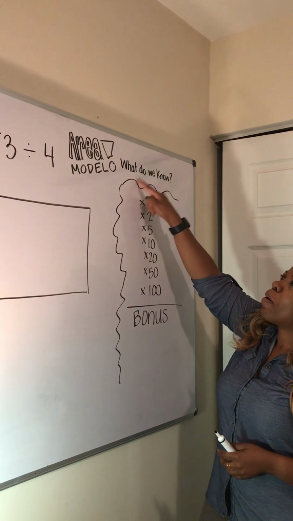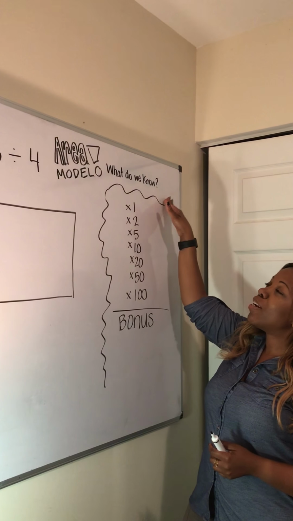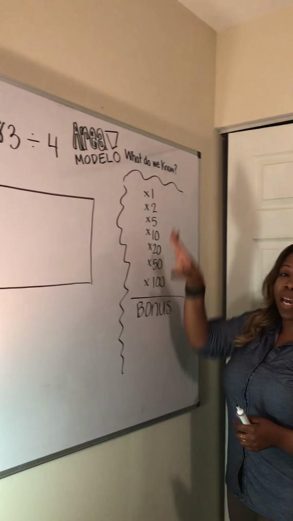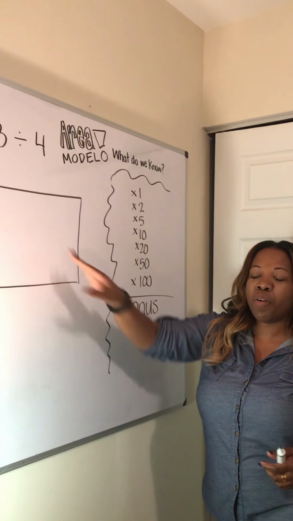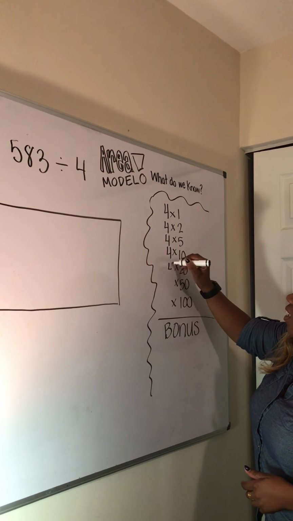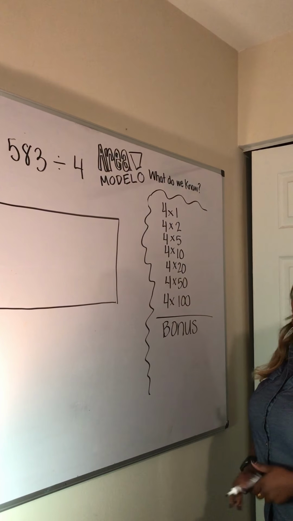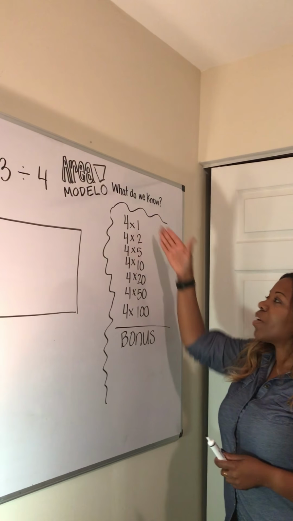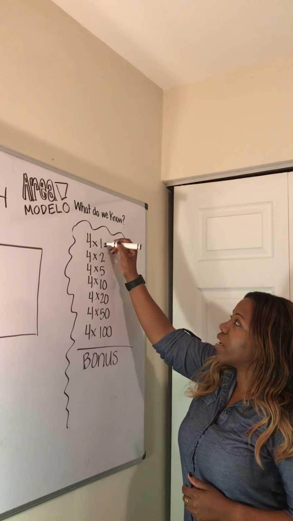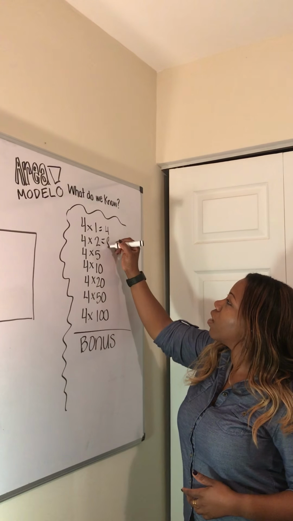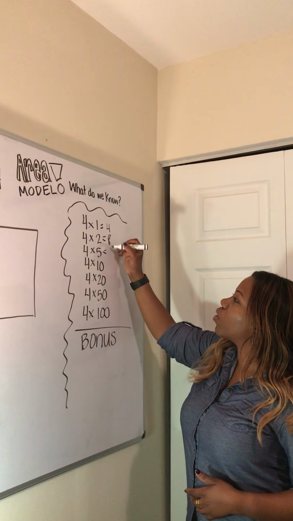Okay, so I always like to start with, what do we know about the divisor? And this is where they build a bank of facts that will help them with this area model. So 4 is the magic factor that we're going to put next to all of these friendly numbers. And so this is very easy for students usually, so we're just going to get them talking about what they know. So they have 4 times 1 is 4, 4 times 2 is 8, 4 times 5 is